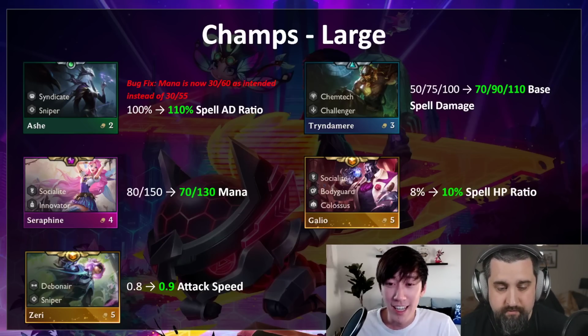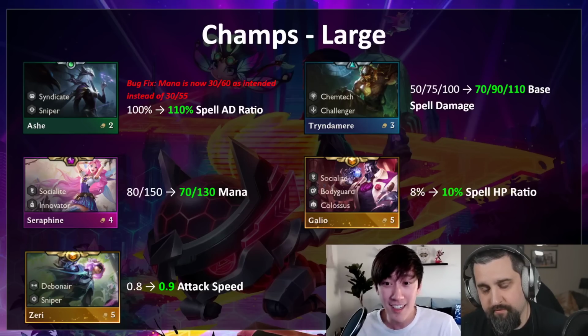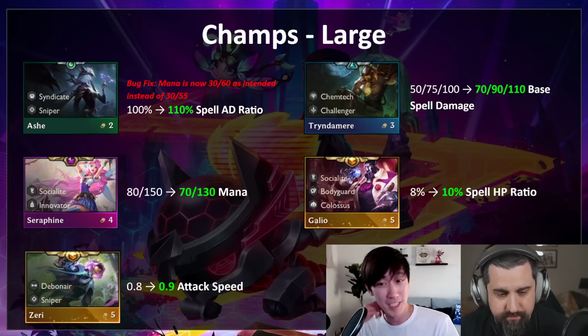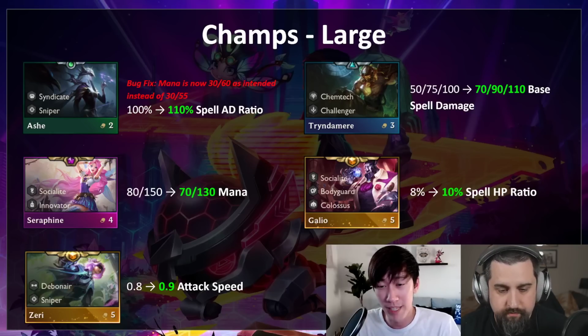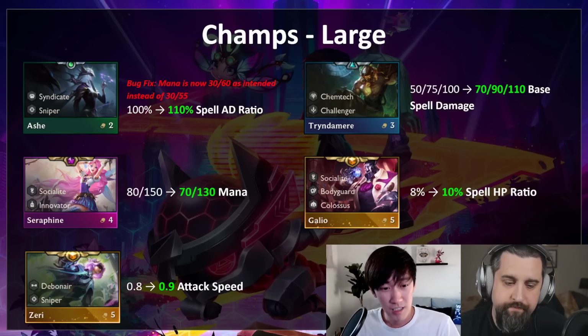Yeah, playing carry Galio or just stacking a bunch of health on him, he hits a little bit harder, but he will be significantly tankier, because if you stack Warmog on him, he has a bunch of health. It's fun, and also in general, gives him some more damage even if you don't stack him. So useful change. Yep. And then Zeri, I think this is probably the one that's going to surprise people the most,